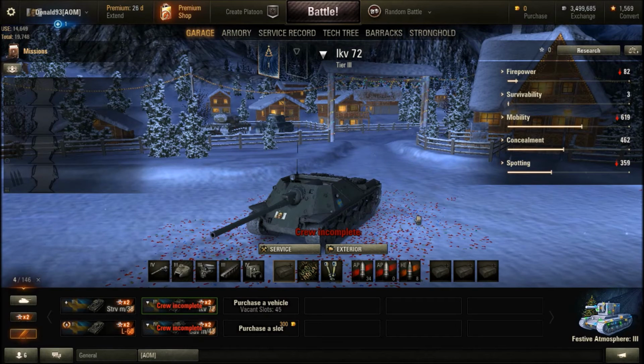So the main roles that the IKV can fill quite well: you can do quite well as a long distance to medium distance sniper, a medium to short distance sniper, as a support TD, as a passive scout at times, or based upon what is going on in the match at the time, you can be quite good as a front line TD at times